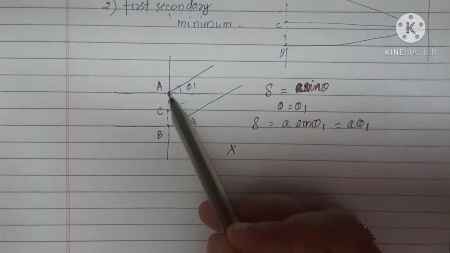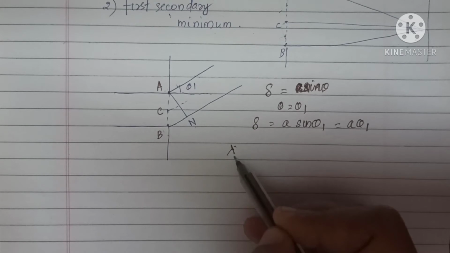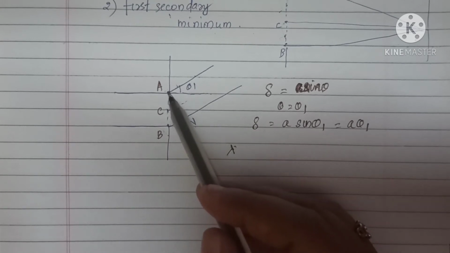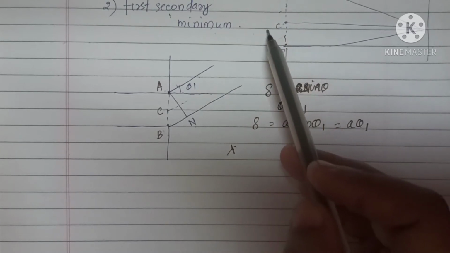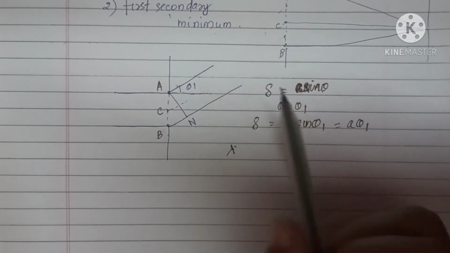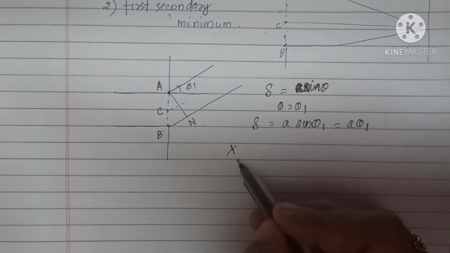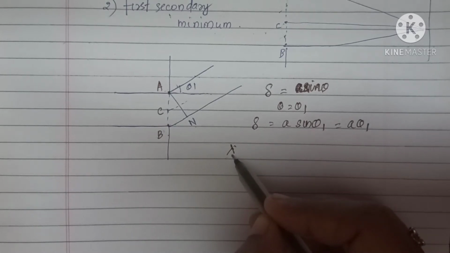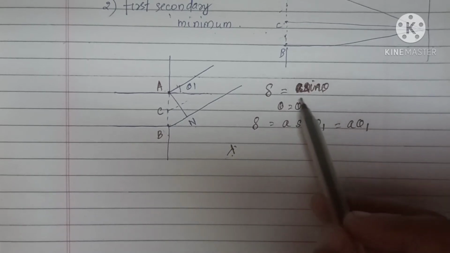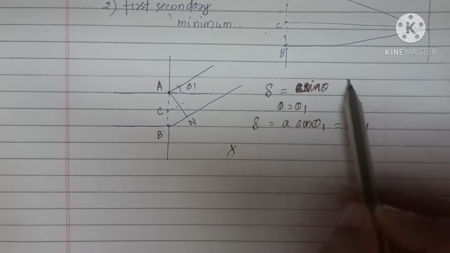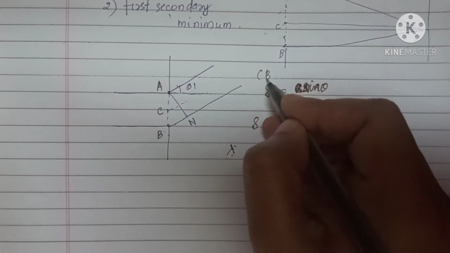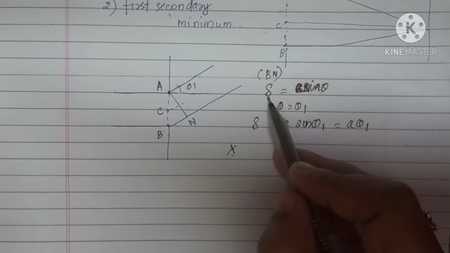Let lambda be the path difference between A and B. And these wavelets are interfering at a point P1 on the screen, isn't it? So delta is the path difference, and here this delta is equal to lambda. Once again, we derived an expression for the path difference as A sin theta. This is the general expression. We call it the path difference.